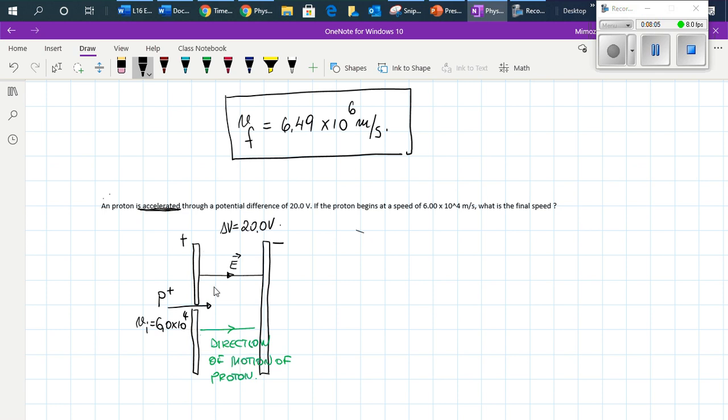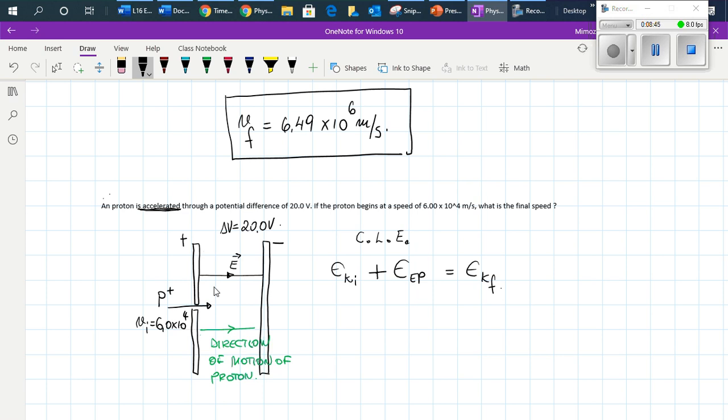Therefore, in this case, what we will use is the conservation law of energy. Conservation law of energy in this case will be something like this. Initial kinetic energy, and since the proton is going naturally to the negative plate, the electric potential energy between those two will be added. So electric potential energy will be added to initial kinetic energy, and this will be equal to